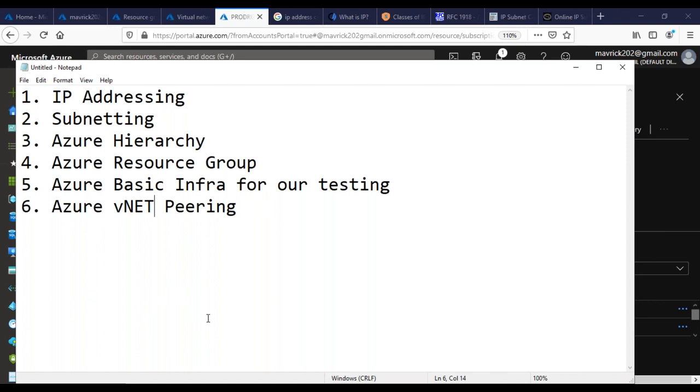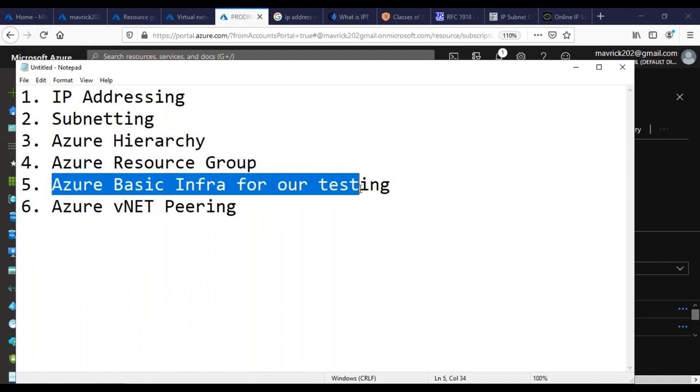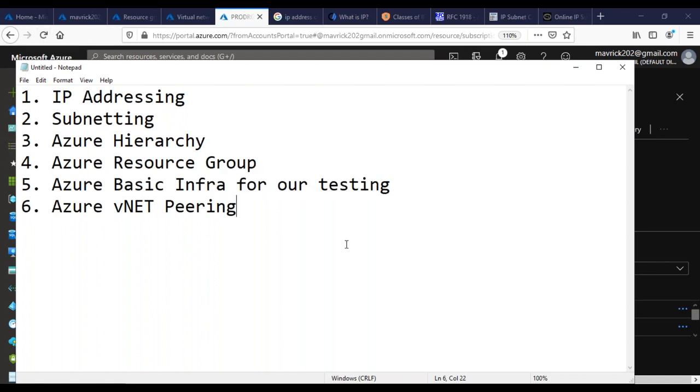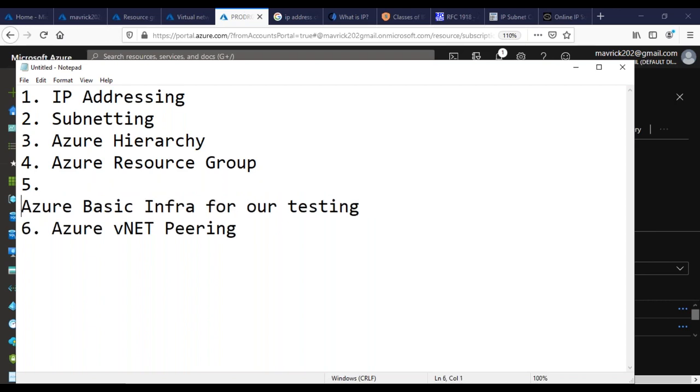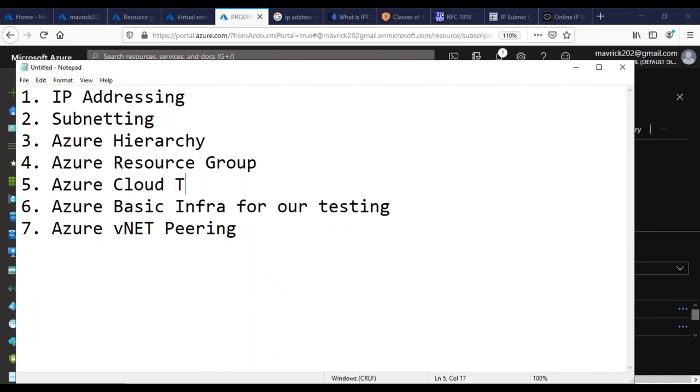Okay, right. Now next thing what I'm going to do is, we're going to discuss how to set up a basic infra. But before that, I want to make it a 0.6, guys, because in 0.5 I want to explain something called CloudShell actually. It's a wonderful thing to make things very easy. I want to explain about the CloudShell.